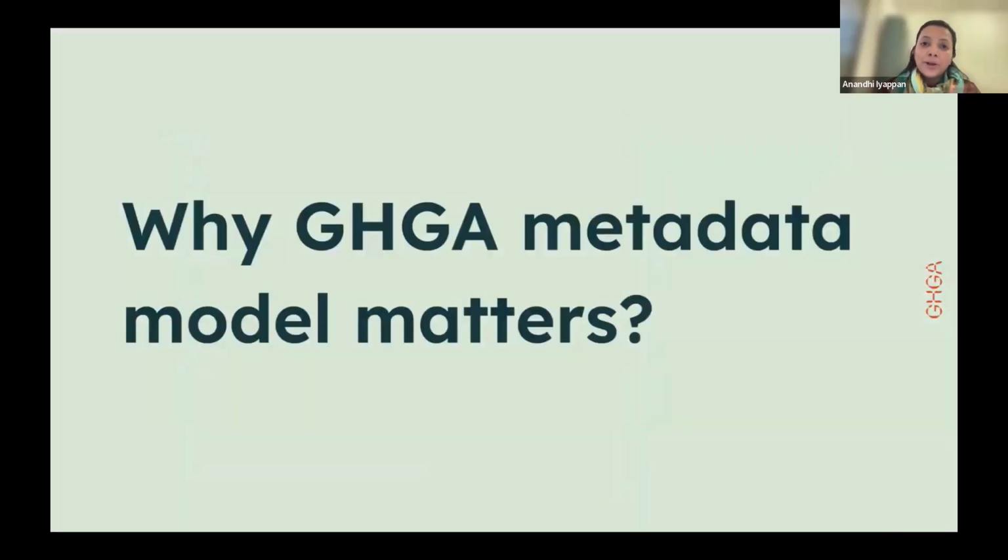Having given a lot of broad talk about fairness and FAIR data portals, I think it's also very important to mention the project that Karo and I are working on. It is the GHGA project, and why GHGA really matters.